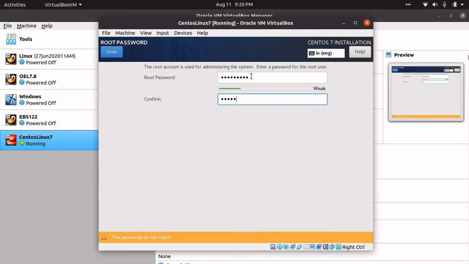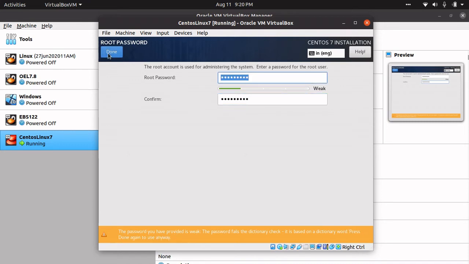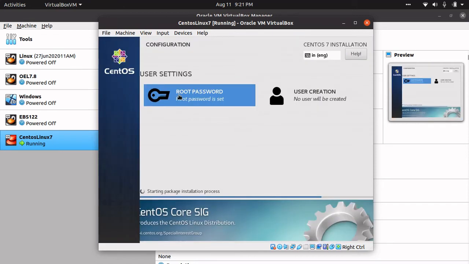It will give you a warning in case you give a weak password. You should give a strong password. Normally it recommends one, but if you give a weak password, it will mention it at the bottom. If you can see the yellow color strip, the password you have provided is weak. You can click done to ignore it and press done once more. Twice you have to press done to accept a weak password. So now it has accepted.